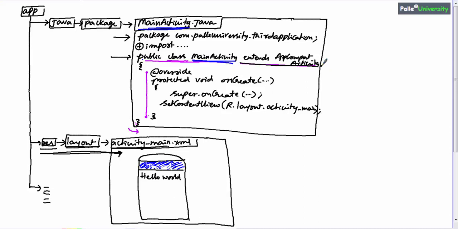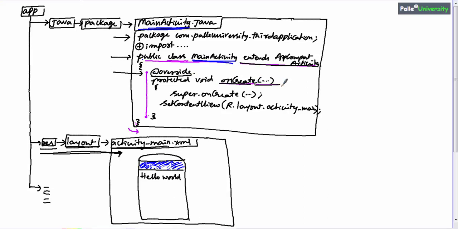That is the third line. Now coming to the fourth line, @Override protected void onCreate. I will be talking more about this onCreate, which is a method. Methods will look like this: open parenthesis, close parenthesis. Here onCreate is a predefined method. How to identify whether it is a predefined method or a programmer written method? It's very simple. Whatever method comes with the @Override symbol, you should understand that is a predefined method of the Android framework.